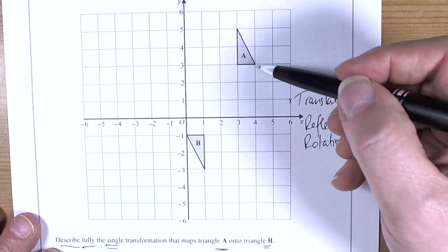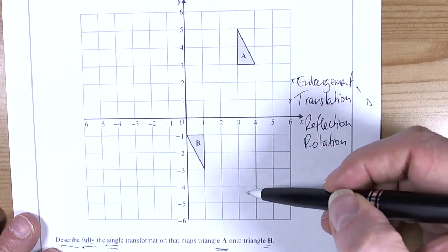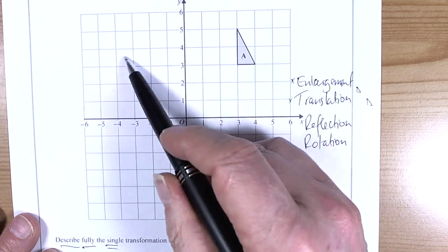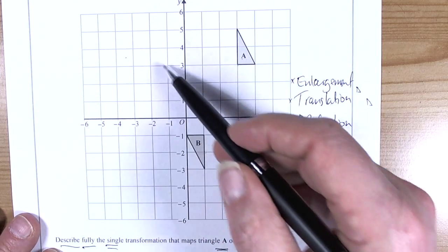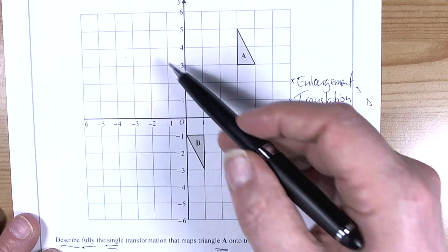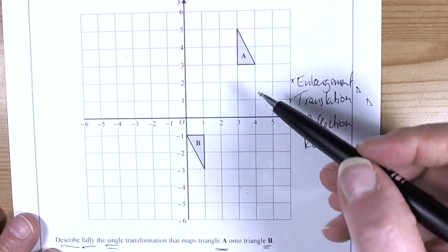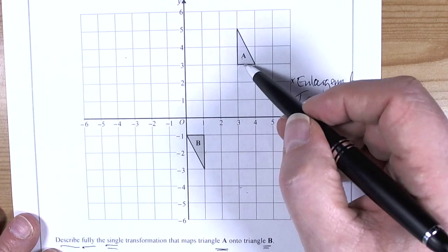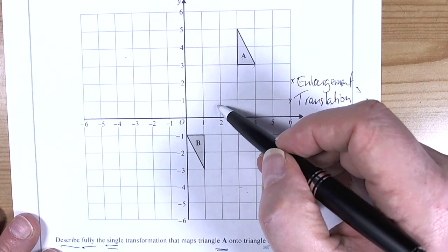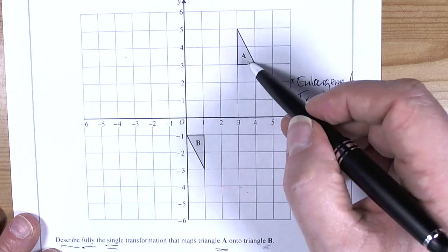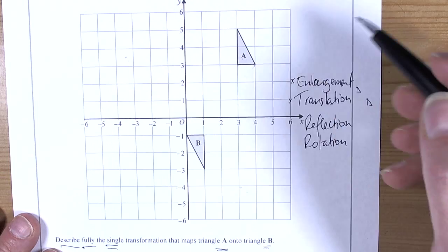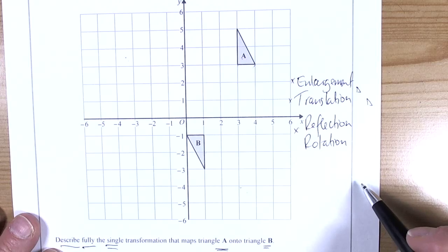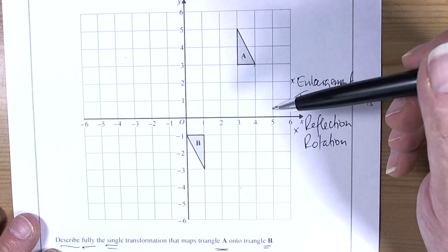A reflection would imply it's being mirrored to go across the x-axis or across the y-axis, or it can be a line of reflection going in the diagonal. It would be unusual to go anything other than y, so does that corner go across there? Yep, that corner goes across there, that corner goes across there. So I don't think it's going to be a reflection. So I believe it's going to be a rotation, and we should be using tracing paper to check that this